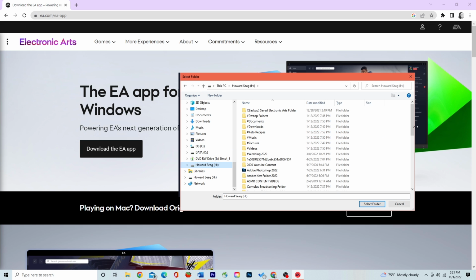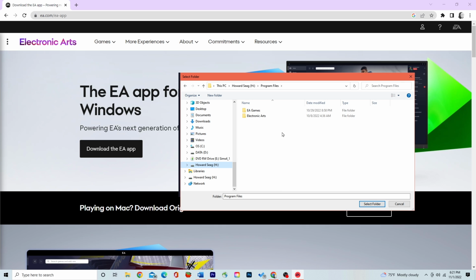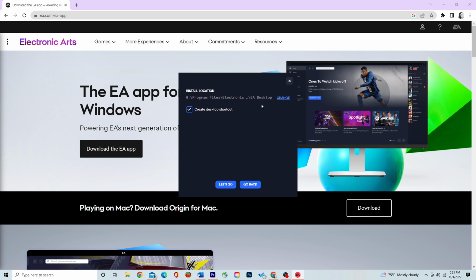And then once you do that, click on Program Files. And then you want to click on Electronic Arts. And then you want to click Save Folder. That is where your EA app is now going to be saving your games. Then you click Let's Go,